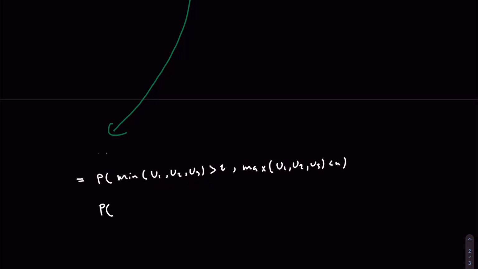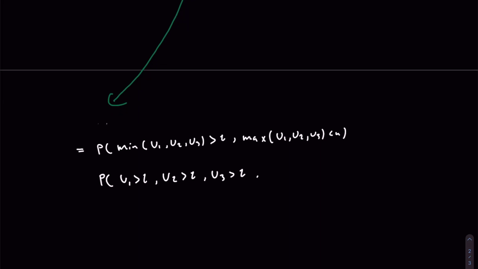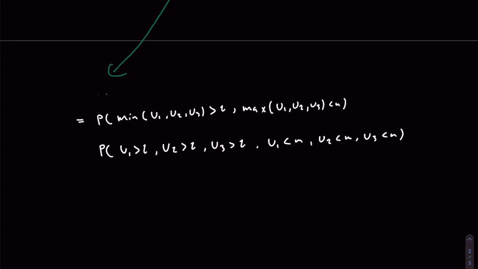It's the same event as U1 being larger than L, U2 being larger than L, U3 being larger than L. And on the other hand here we have that being true for all events, so U1 being less than M now, U2 being less than M, and U3 being less than M. So this looks still quite complicated, but by starting to match the terms,